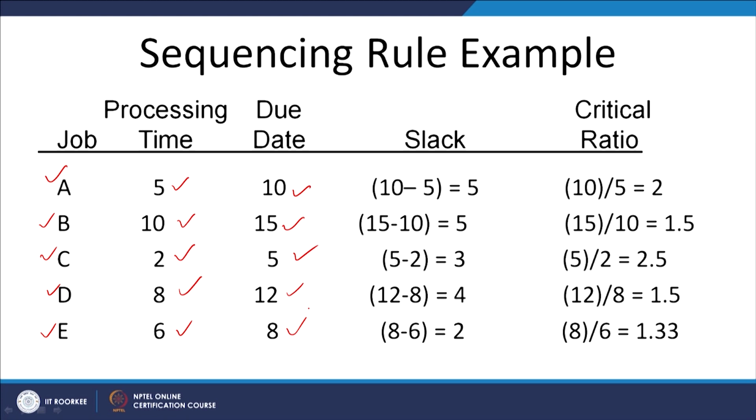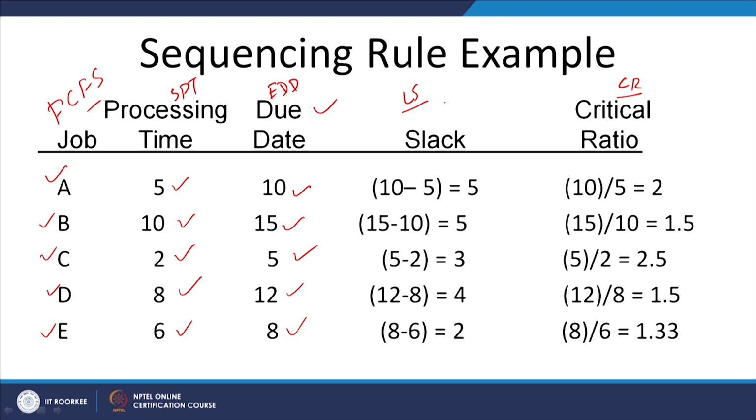Now, we have these various rules: least slackness, critical ratio, due date, processing time. SPT is one rule, earliest due date is another rule, least slackness is another rule, critical ratio is another rule, or the order in which the jobs are coming, which is another rule, first come first serve. Say this is the sequence in which the jobs arrived at a particular plant or machine. These things are very clear and nothing is to be calculated,